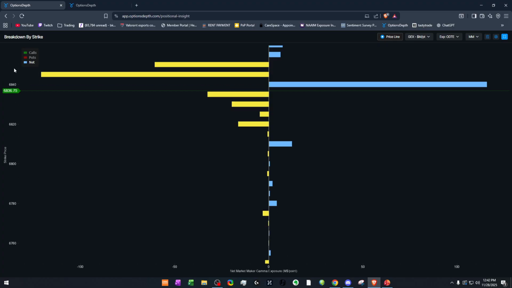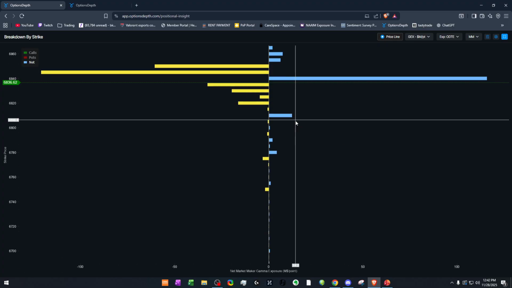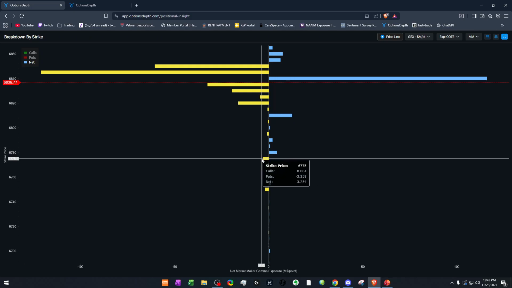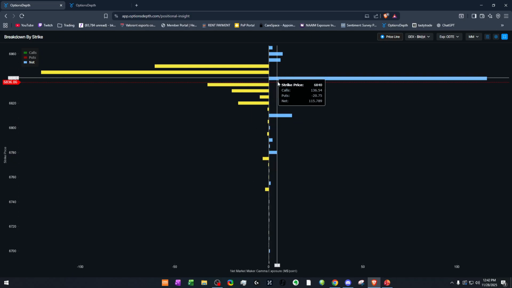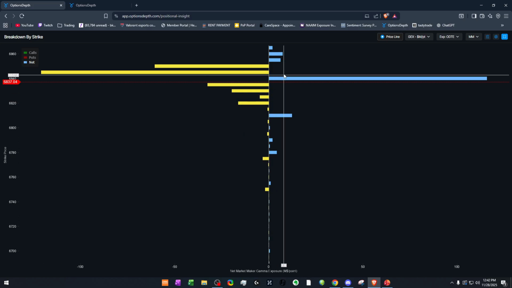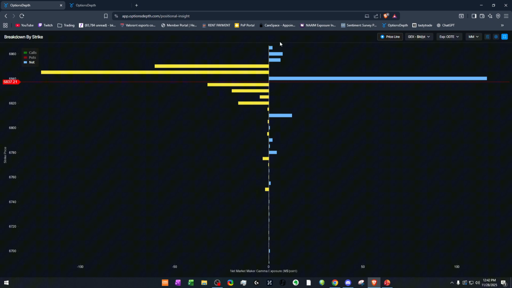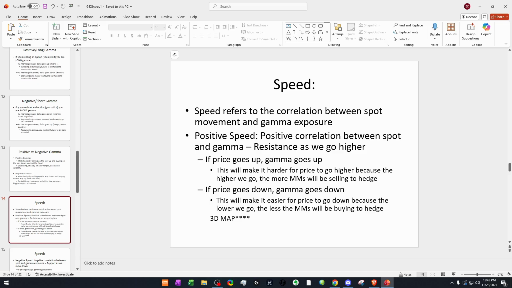The bars are much smaller because, like I was saying before, as the day goes on, gamma increases for at the money. So that's why these bars are all the biggest, and the ones out of the money to the upside and downside are small. So going back,